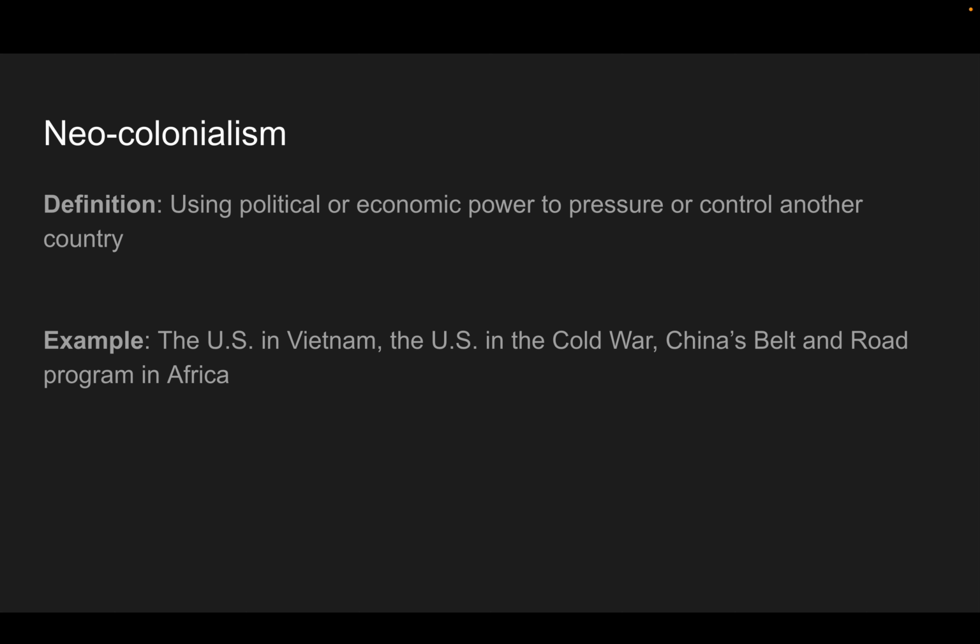versus Russia's side. China's current system, the Belt and Road, especially in Africa and the Middle East, trying to gain or increase China's influence within those regions and pushing U.S. influence out. So while they're not physically taking over land, they are using especially economic power to pressure countries to be in alliances or be on their side or to do what they would like.